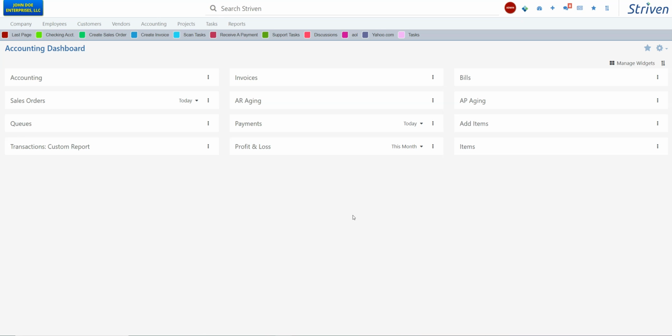So there's two types of companies that are using accounting software right now. One is a company that's brand new, maybe never used any accounting software at all, or maybe they're using a paper ledger type system. They've never made that jump. Maybe they're using an accounting system that runs on their desktop only. So if they're at home and they want to do some work, they can't because it's not web-based. And then the other type of company would be a company that's established, that's using